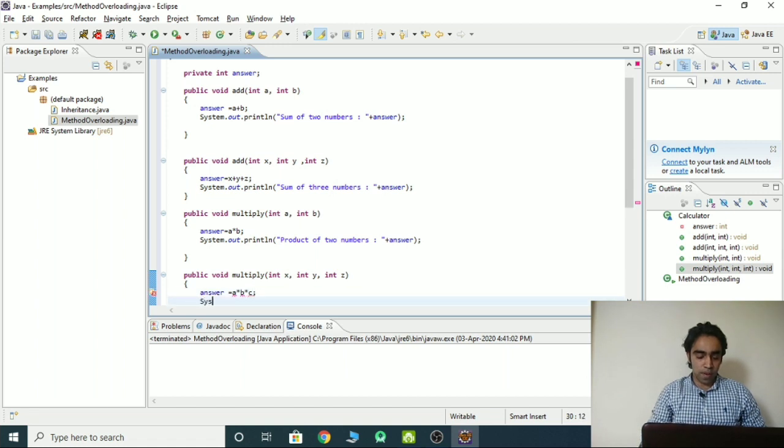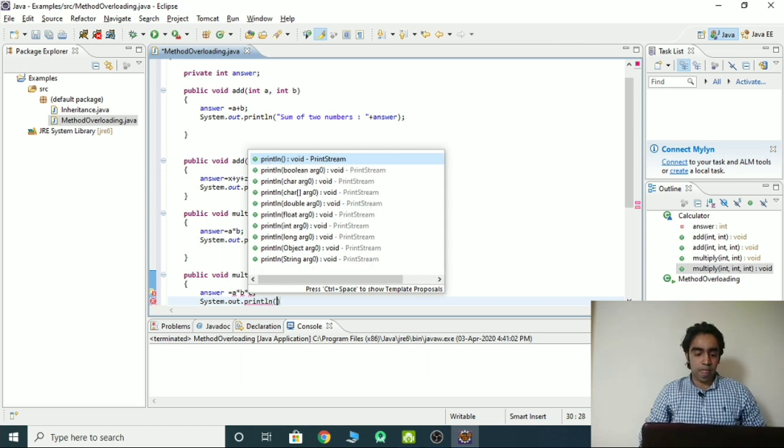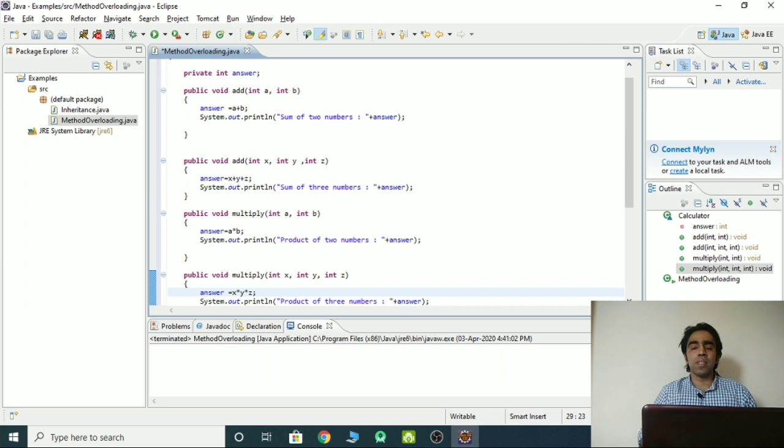So system dot out dot println, product of three numbers, double quote closed, plus answer. We have just made the same mistake here: instead of a b c it should be x into y into z. You can write any variable name. It can be first number, second number, third number.